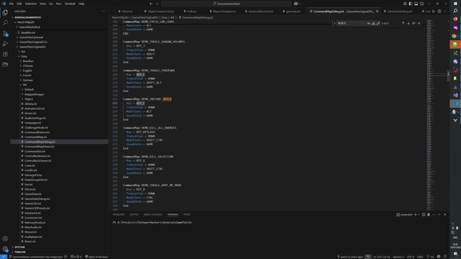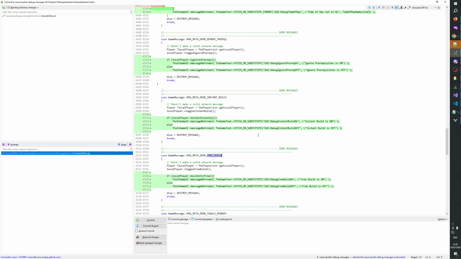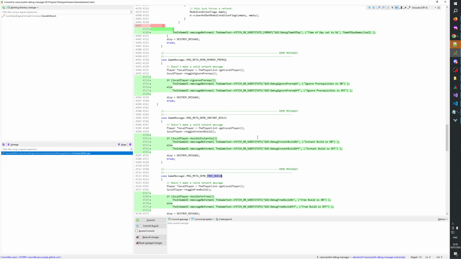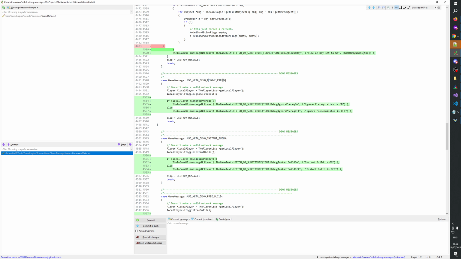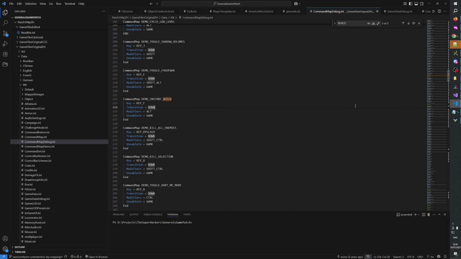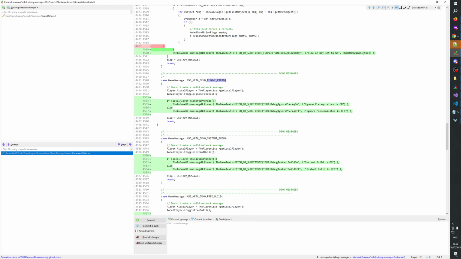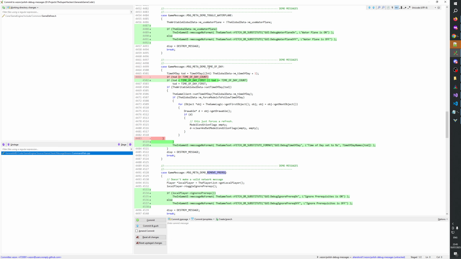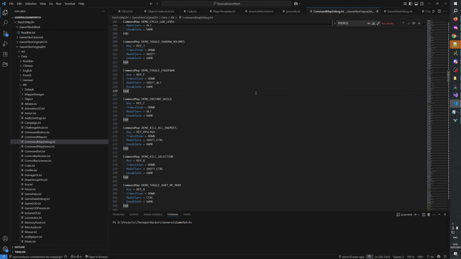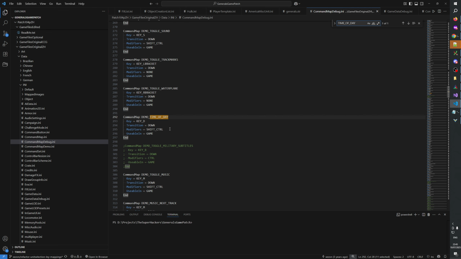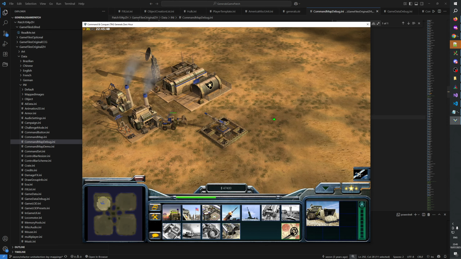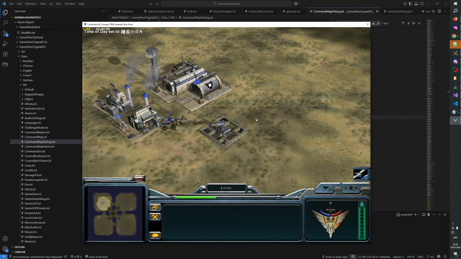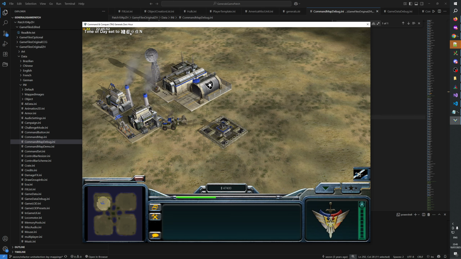Okay. What else can we test? Let's test the remove prereq. Not found. Not found. Okay. Time of day. Let's test that. That definitely has a mapping. There it is. Control Shift D. Aha. Time of day set to